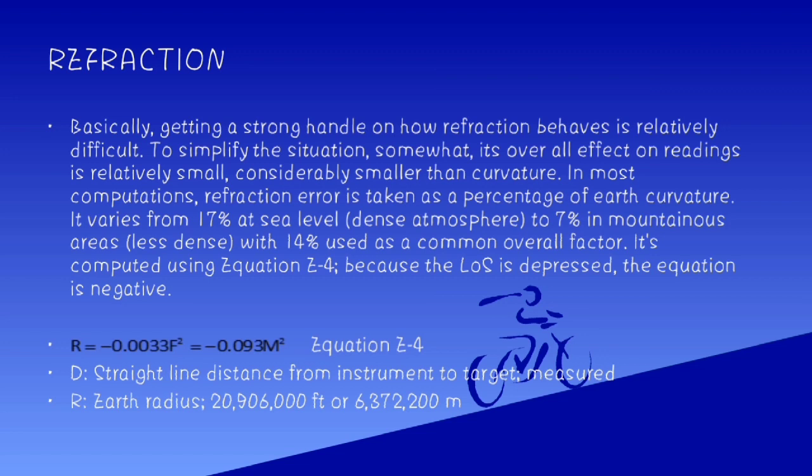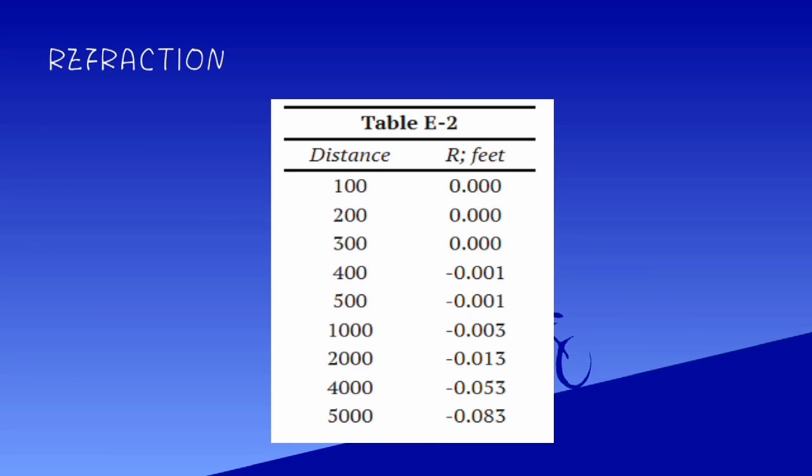negative 0.093 M squared, where D is a straight line distance from instrument to target, which is a measured distance, and R is the earth radius, which is 20,906,000 feet, or 6,372,200 meters. The table shows the refraction displacement at select distances from 100 to 5,000 feet. So, as you have observed, from 400 feet, the following values for our r are negative